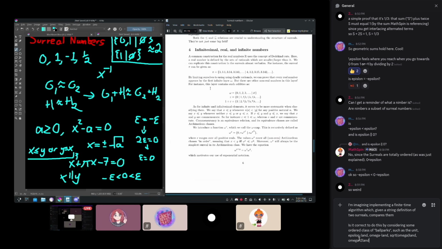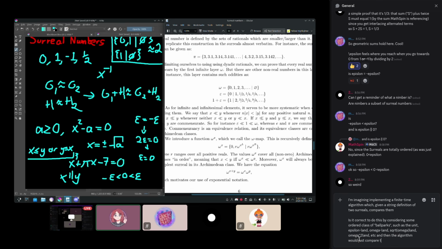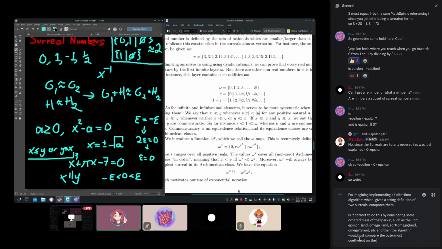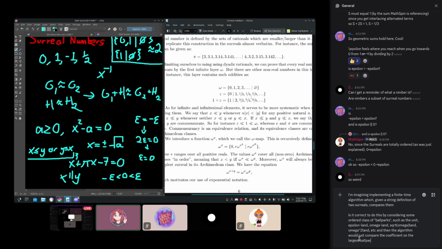What can you do? You have infinitesimals, you have real numbers, you have infinite numbers, that we already observed. And we have here a few examples. Like omega, you can describe it as the surreal that arises from this game: 0, 1, 2, 3, all of the natural numbers as options for left and nothing for right. Or we have epsilon, which we can describe as: the left player can only move to 0, but the right player can move to 1 or 1/2 or 1/4 or 1/8 or 1/16, all of these powers of 2.